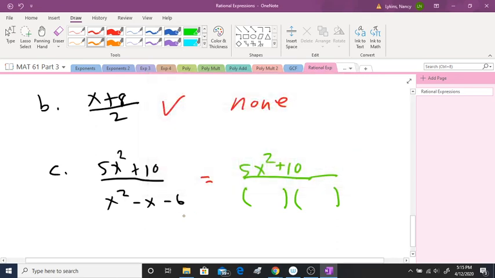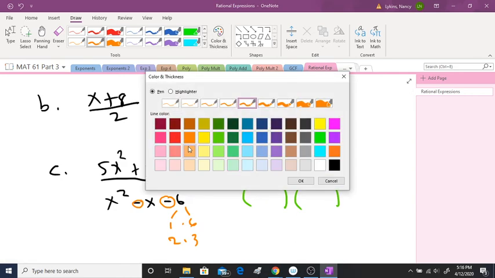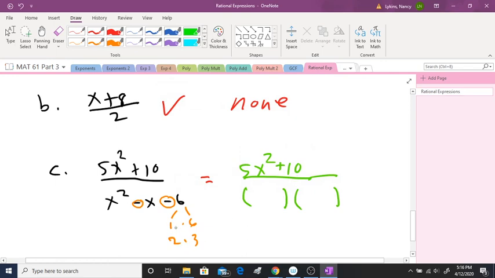So again, you take your 6: 1 times 6, 2 times 3. Now, since this is a minus here and a minus here, that means I'm going to have a positive and a negative one. So I need to subtract either 1 and 6 or 2 and 3 to get this negative 1, which means I'm using this right here. So x, since it's a negative, that means the 3 is the larger number, it's going to be x minus 3,